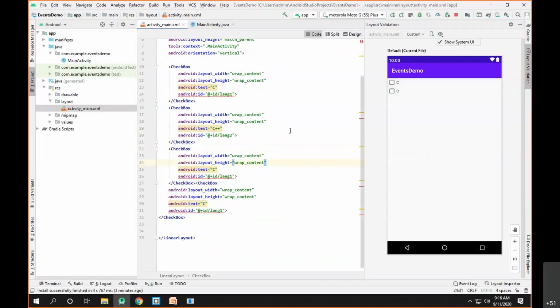Okay, let me refresh the view. Is let's say Java, and the ID of this will be lang3, and this will have the ID as lang4. Okay. Now, I think refresh the layout first of all. So let's go to the design.